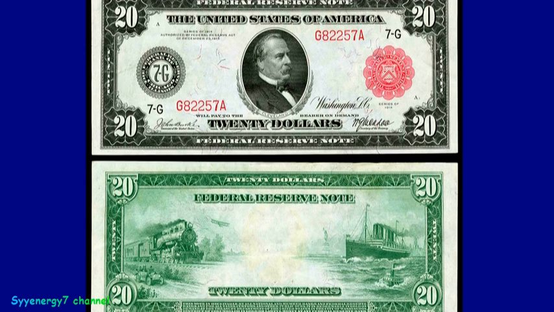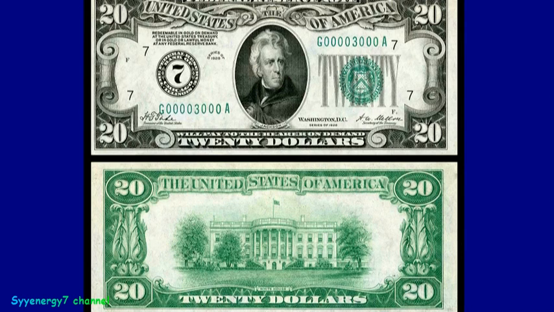Now, you remember, the Federal Reserve Act was passed in 1913, right? And I think it was Christmas Eve. In the wee hours of Christmas Eve, when everybody was recessed from Congress, there weren't enough people there to oppose the Federal Reserve Act, right? 1913. Now, it did not happen until 1928 that Andrew Jackson first appeared on a bill. But nobody's really sure why. He became president in 1829, so it was roughly 100 years after he became president.